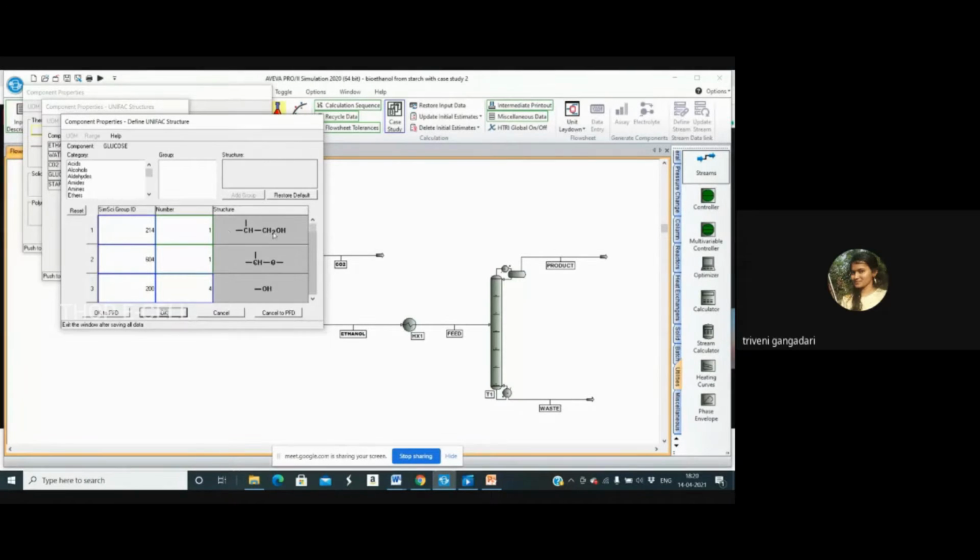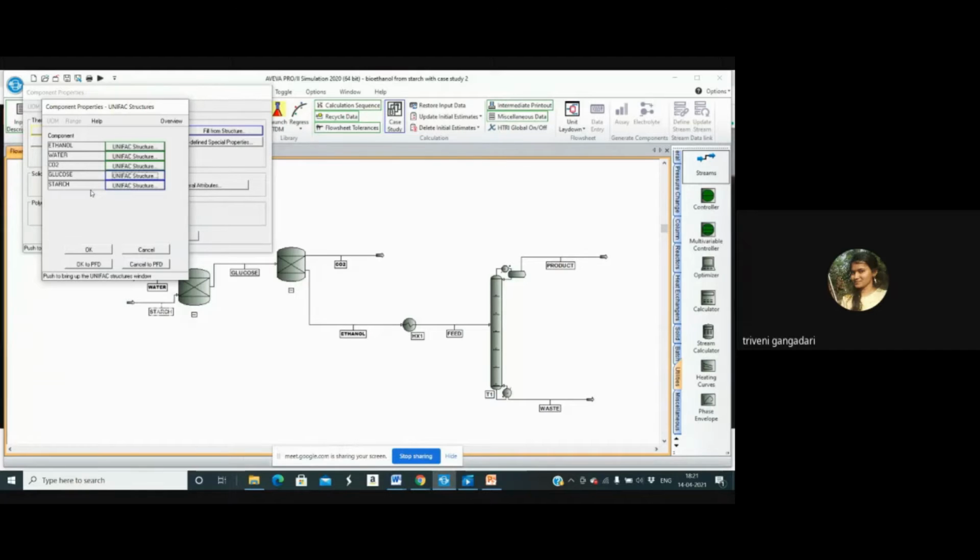If you see, this fragment is occurring only once. So here the number one indicates the frequency of occurrence of this particular fragment in the glucose molecule, and this aldehyde group is occurring only once. Whereas we can find four OH alcohol groups in the glucose, that's why four is given here, and three CH groups and three tertiary CH groups are also involved in the glucose. So this is how we develop glucose, and similarly the structure is developed for starch as well.